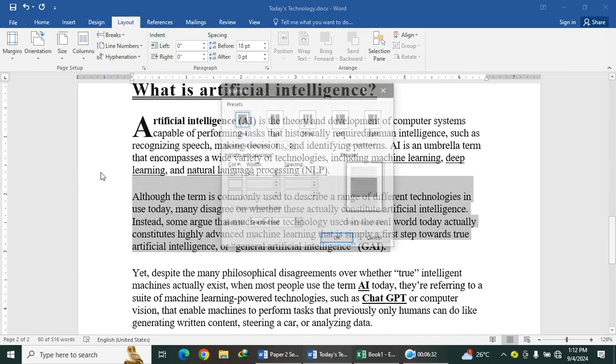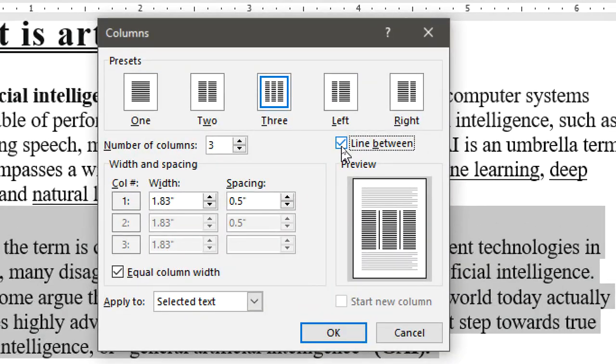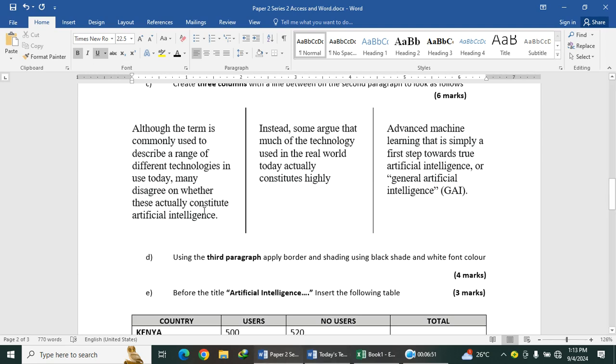I go to more columns. Then I click on 3 columns, then line between. You see now, there is this option, line between. And then I click on OK. But you realize the created paragraphs are not the same. You see here, it ends with the words artificial intelligence, starts with instead, starts with advanced machine, and ends with